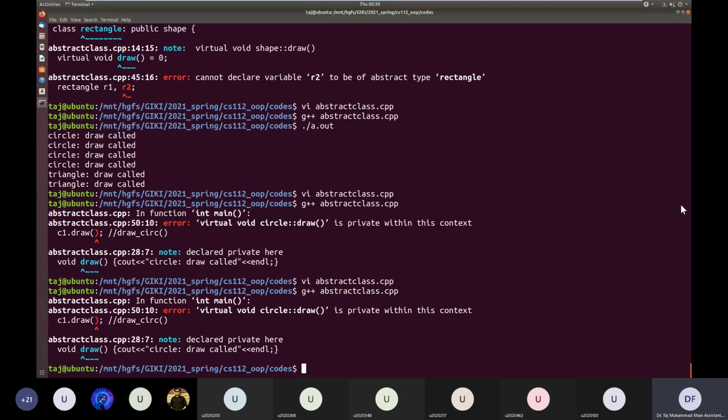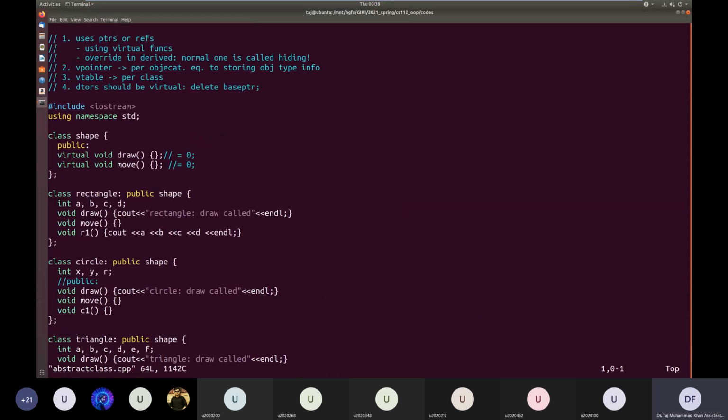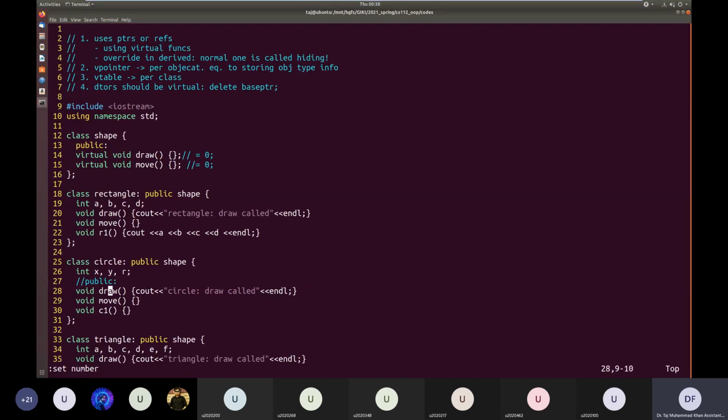Yeah, the function is private in circle, but you see here, it's public in shape, the virtual draw function. This redefinition in the class circle, we have not declared it explicitly public, so this redefinition is private, apparently.